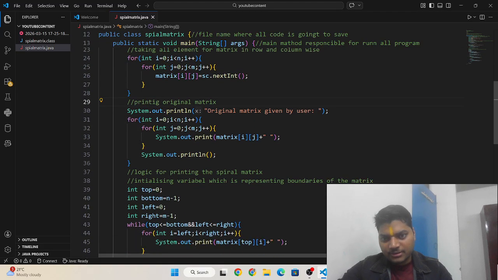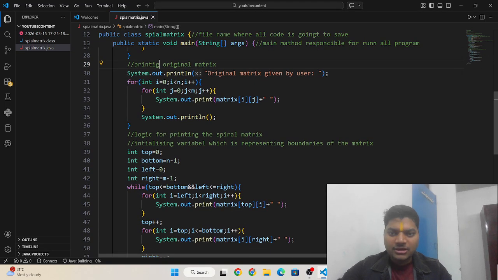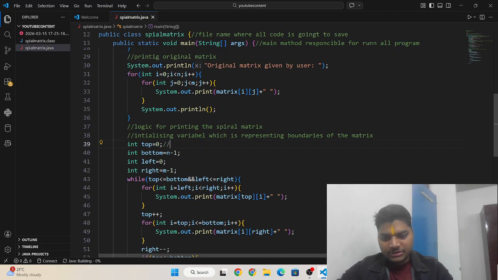Okay, and after that I have written the logic here. In the logic I have initialized variables which represent the boundaries. This is representing the top row, this is representing the bottom row, this is representing the left column, and this is representing the right column.